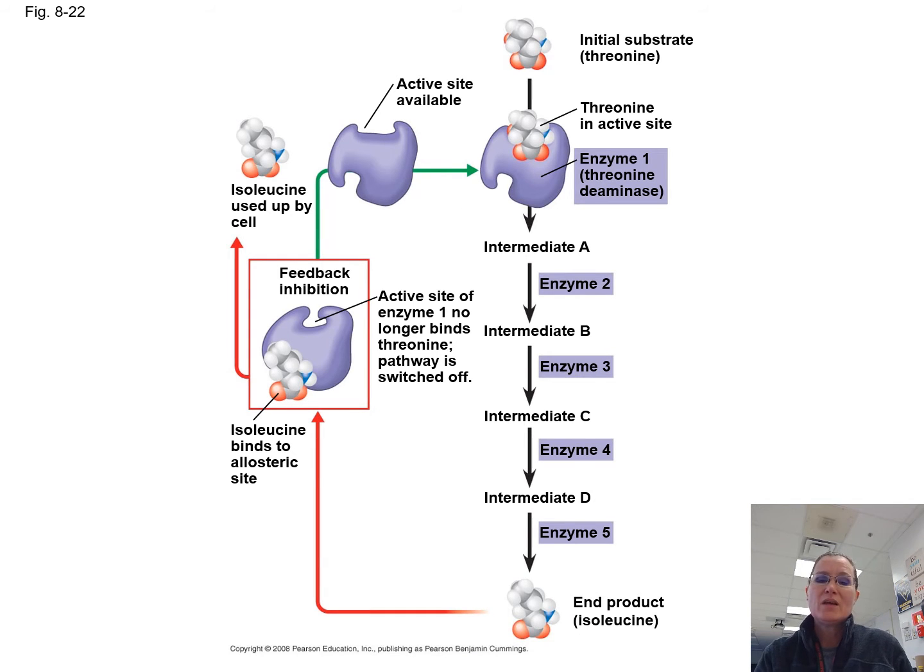Then we have this picture. If you look down at the bottom, the end product of the series of different reactions is isoleucine. If we follow the little red arrow up to the left, that isoleucine becomes a non-competitive inhibitor for the purple little enzyme there. If they make a bunch, it gets jammed up on there, and then the factory shuts down. Then when we need it, the one gets released and used by the body, and we're like, oh, we need some more. When that non-competitive inhibitor is gone because it had to get used, it opens back up, and the whole little system turns back on.